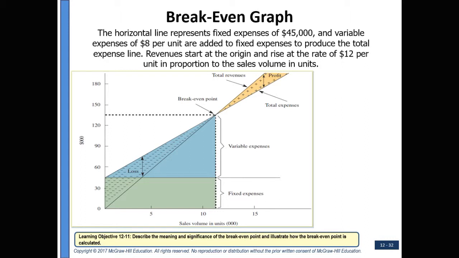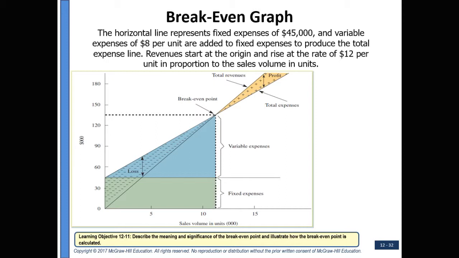And variable expenses of $8 per unit are added to the fixed expenses to produce the total expense line. Revenues start at the origin and rise at the rate of $12 per unit